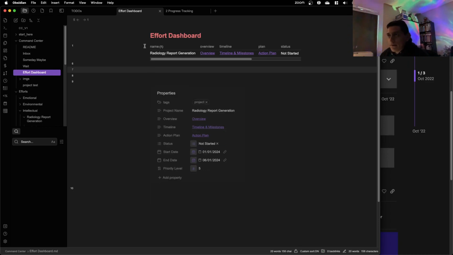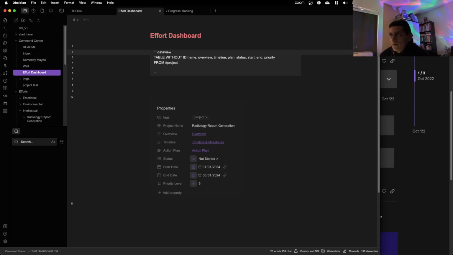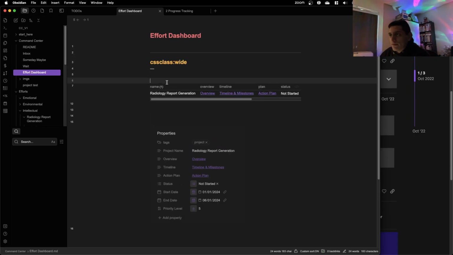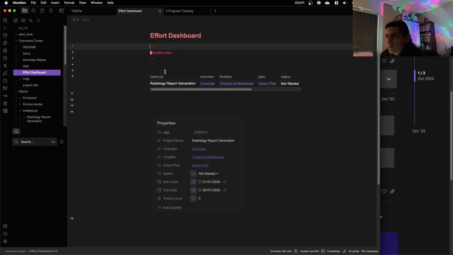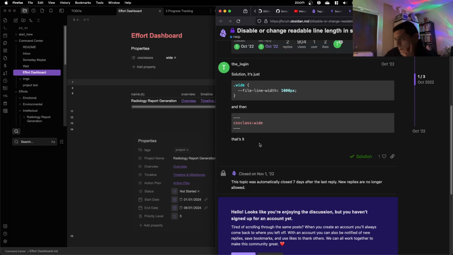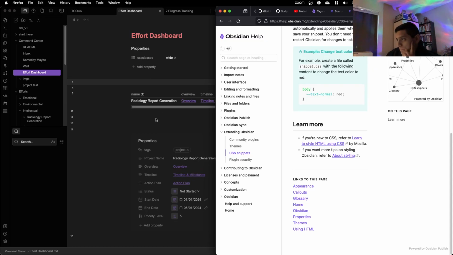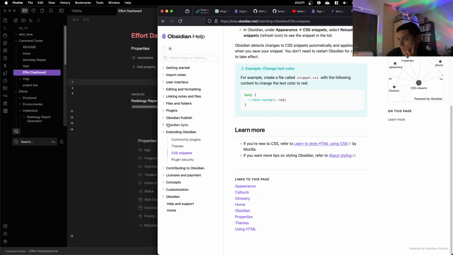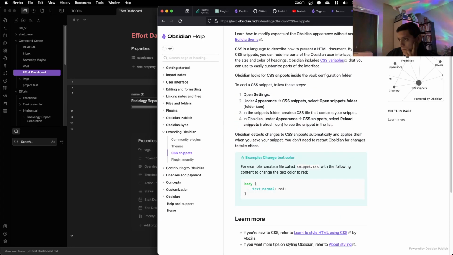How do I? Add this at the top. Doesn't seem to be cooperating. Delete. The snippets, yeah, the text changes and applies them.